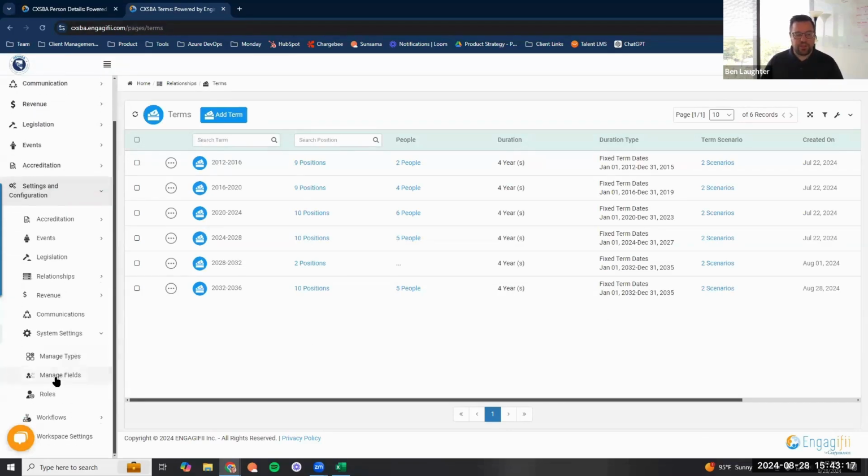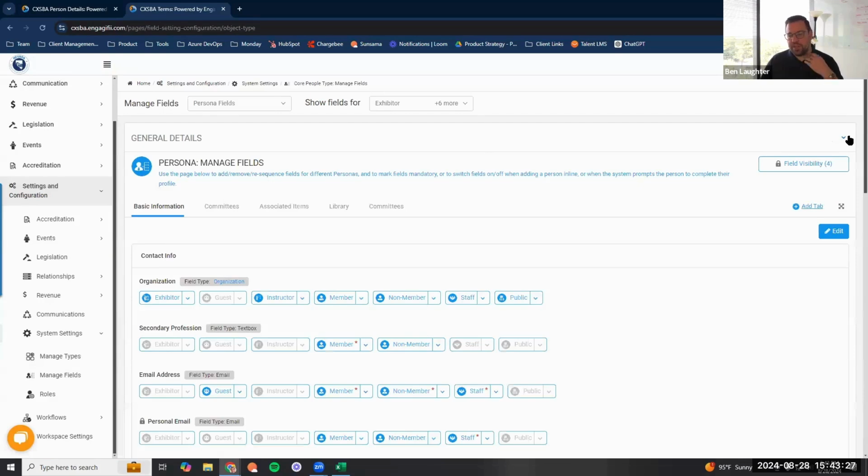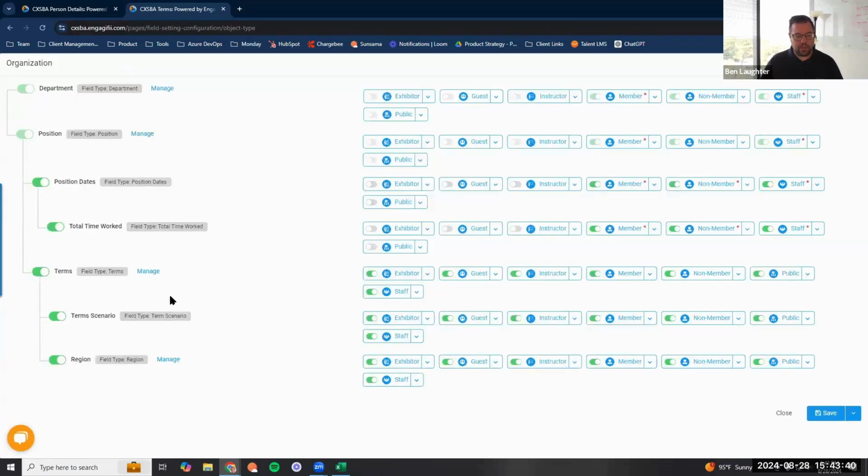Another thing that you're going to want to do is go to manage fields. So again, settings, configuration, system settings, manage fields. And because all of these terms things are dependent upon position, right? They're all part of position, and position is part of organization. They're organization subfields. So what you want to do is turn on terms, scenarios, and regions as you're going to use them. You might not need scenarios in your world. You might not need regions in your world. So turn on what you want and ensure that they're enabled on the types of records that you would be